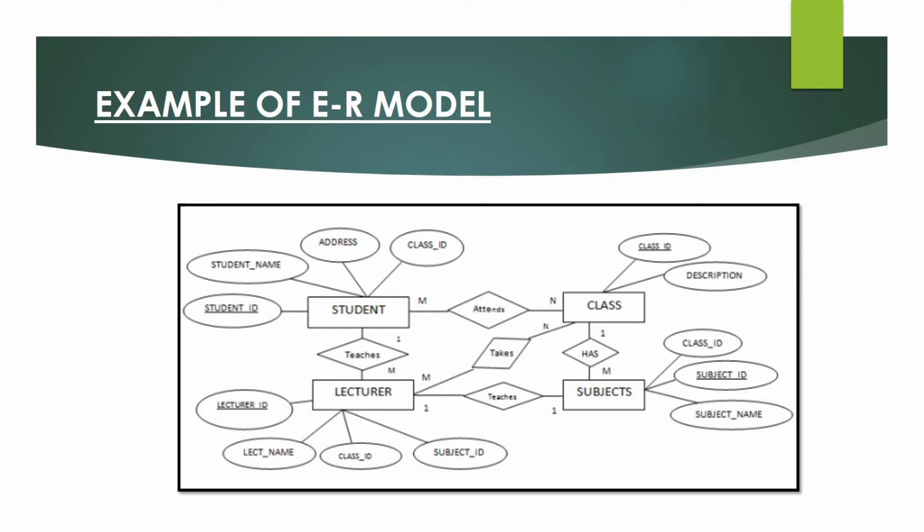So this is how we make an ER model, or how we represent the data that is stored inside the database in the form of the ER model. With the use of these elements, entities, attributes and relationships, we create the ER model. This is an example of a school ER model, or you can say a college ER model. Like this you can create an ER model for any system, like a library management system, an online shopping system, or an online banking system. All these things you can create with the help of the ER model using these entities.